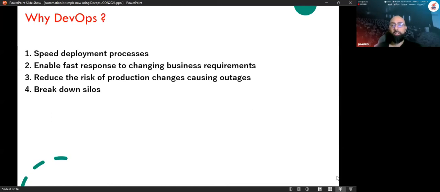Also, there is the risk of something going down. As we know, human interaction causes a lot of errors, whereas the automation runs on the automated side, so no one will interfere with the cycle and so on. So this also reduces the risk of production change, and so on. And instead of doing the project as one, you are breaking the project into different phases.